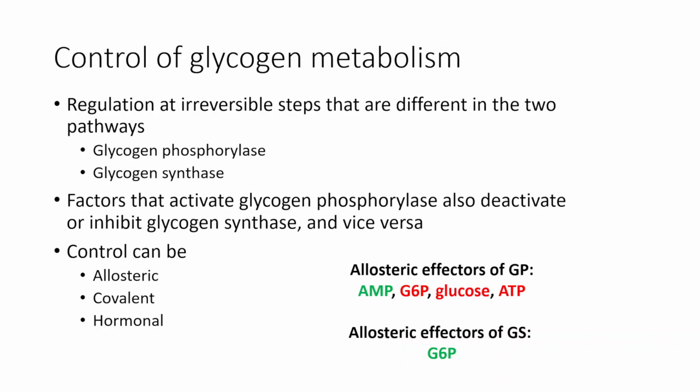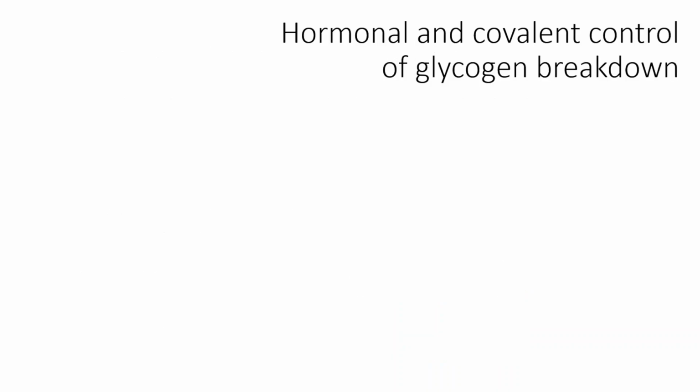So if we have a lot of glucose 6-phosphate, that's indicative of high glucose levels, which would be a good time for the cell to start building up glycogen as a storage form rather than using up glucose when there's a need, because there's not a need to break it down as energy when there's high glucose 6-phosphate levels. So let's look a little bit more about that control and the hormonal as well as the covalent control of